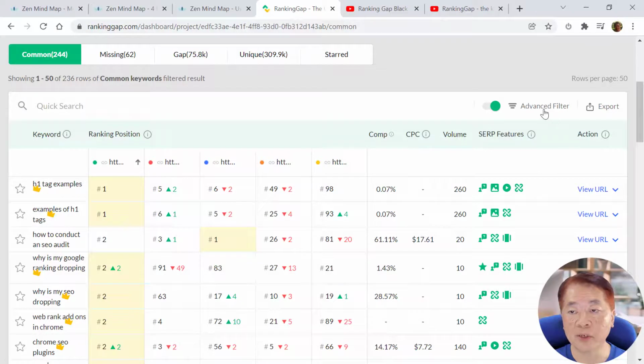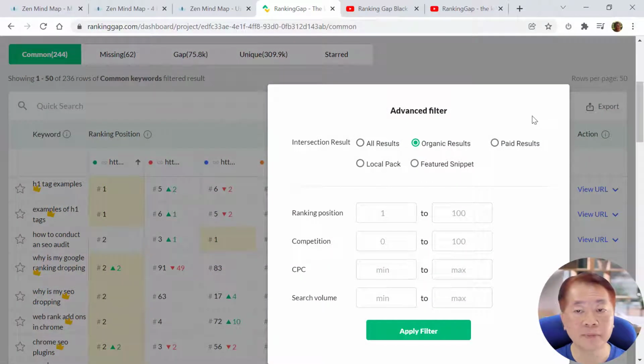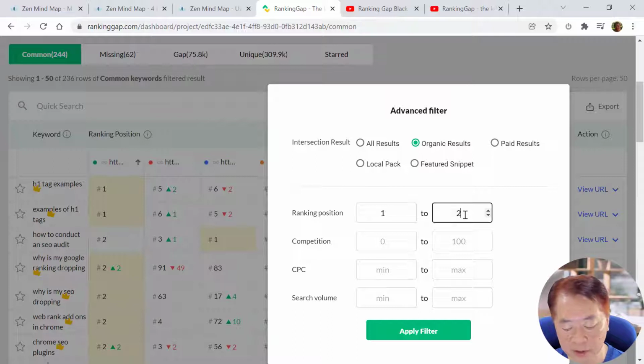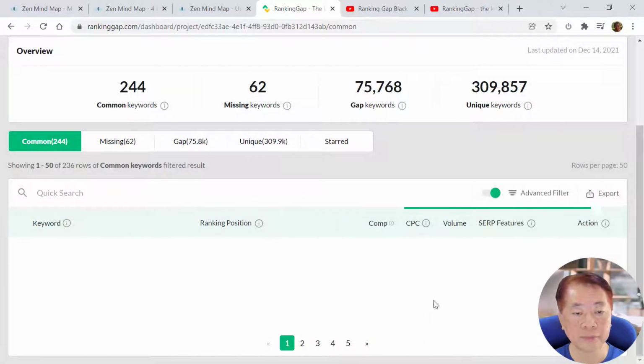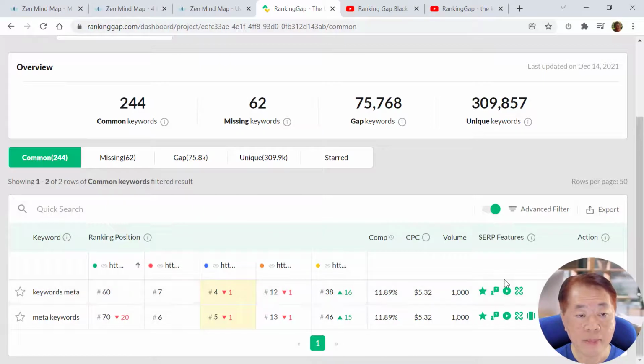So for example, here we want to find out which are the keywords we want to pay attention to. For example, we want to do some filter from the first page up to maybe the second page, 20. Then the search volume is 1,000. Okay. So for keyword volume above 1,000,